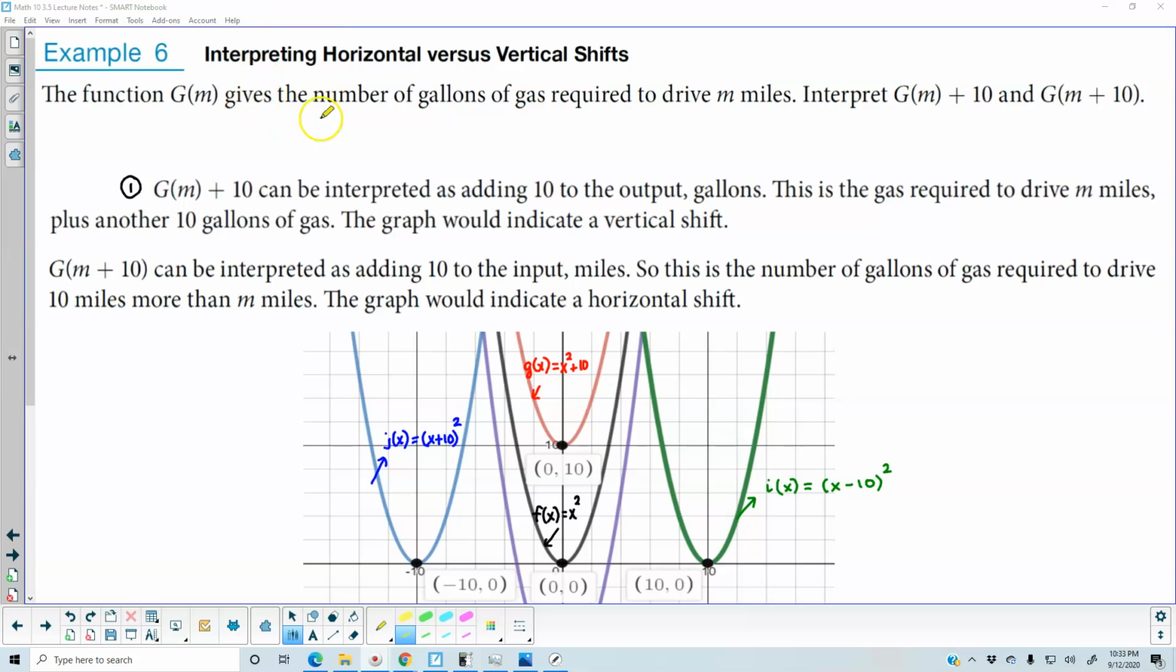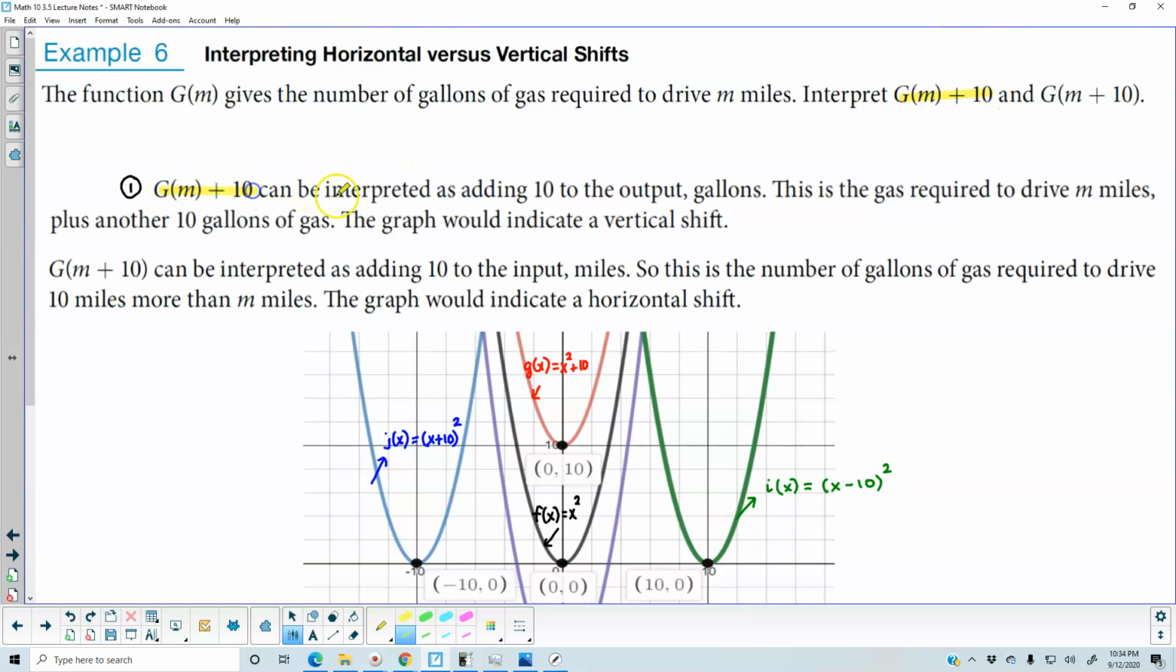Example 6. Interpreting horizontal versus vertical shifts. Now the function g of m gives the number of gallons of gas required to drive m miles. We want to interpret g of m plus 10 and g of m plus 10. Now, number one, if we look at the first one, g of m plus 10,